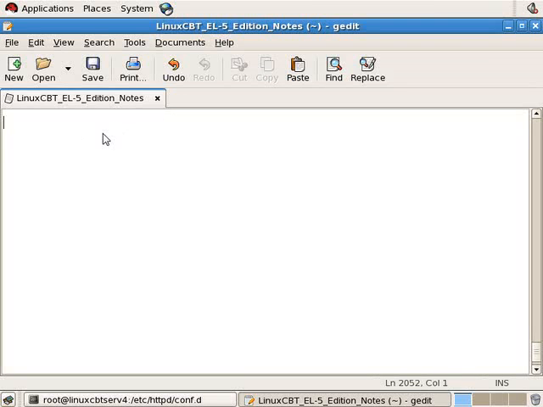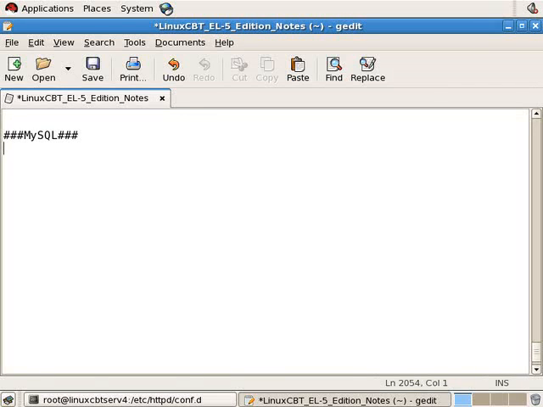Let's look at MySQL implementation within Red Hat Enterprise Linux. MySQL is a dynamic RDBMS, or database management system, that is widely available and ships with most Linux distros. It features a DBMS engine and is compatible with various front ends, including scripting languages